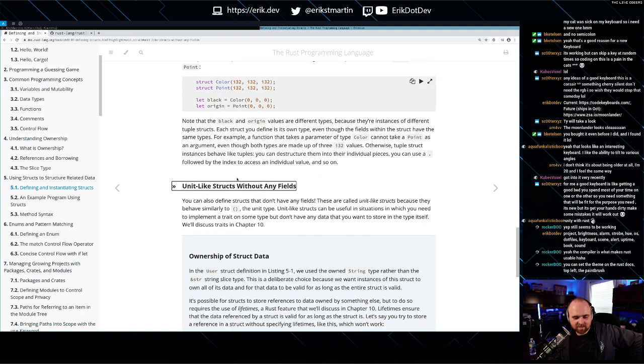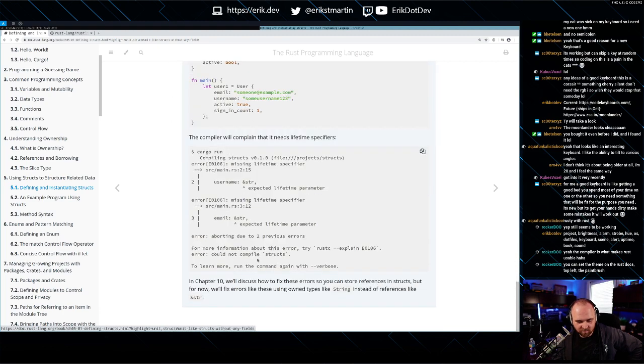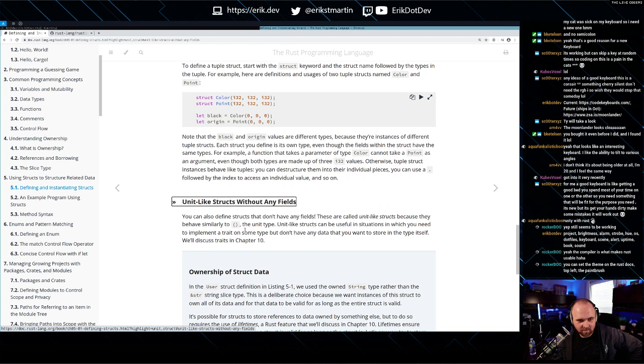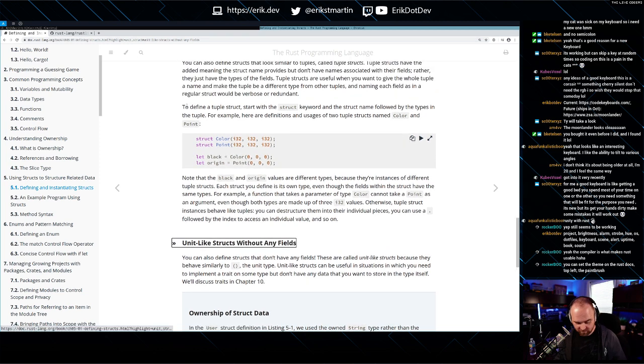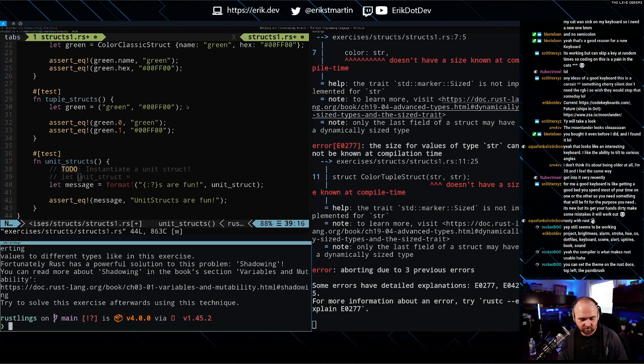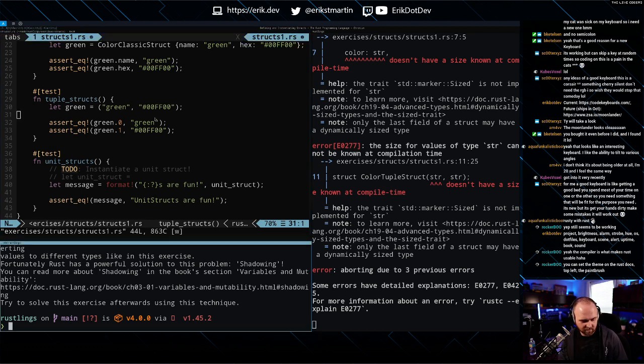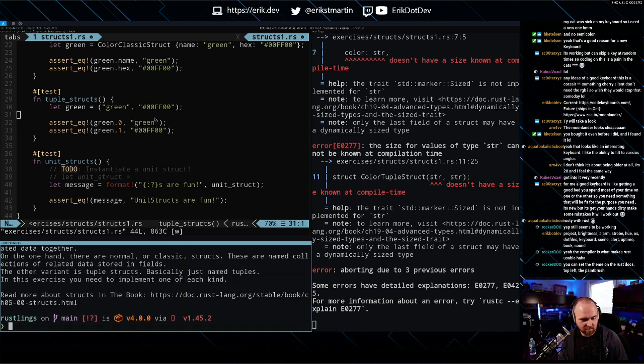This isn't exactly telling us what those look like. So this is just ownership of struct data, but that's the end of it. So let's see if Rustlings has a hint for us. Wait, which exercise are we on? Structs. Is this Structs 1? Yeah, we're still on Structs 1. Alright, so Rustlings. Hint. Structs 1.